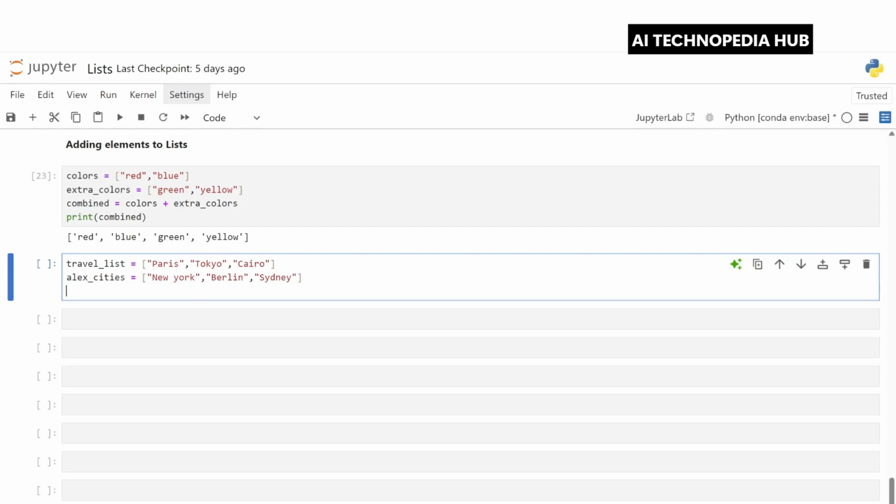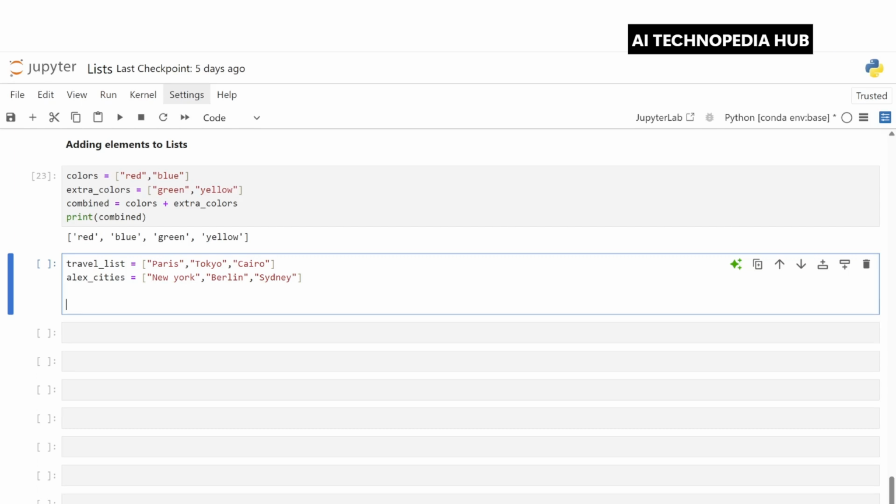Now we can merge both these lists using the plus operator, also known as list concatenation, like we did in the above example also. So let's see, combined_cities, let's give cities for readability, is equal to travel_list plus Alex_cities.